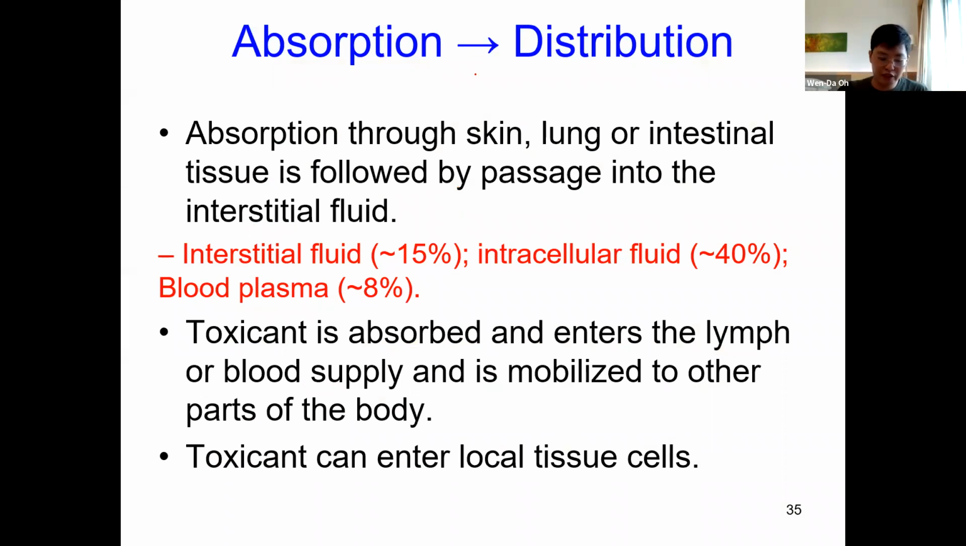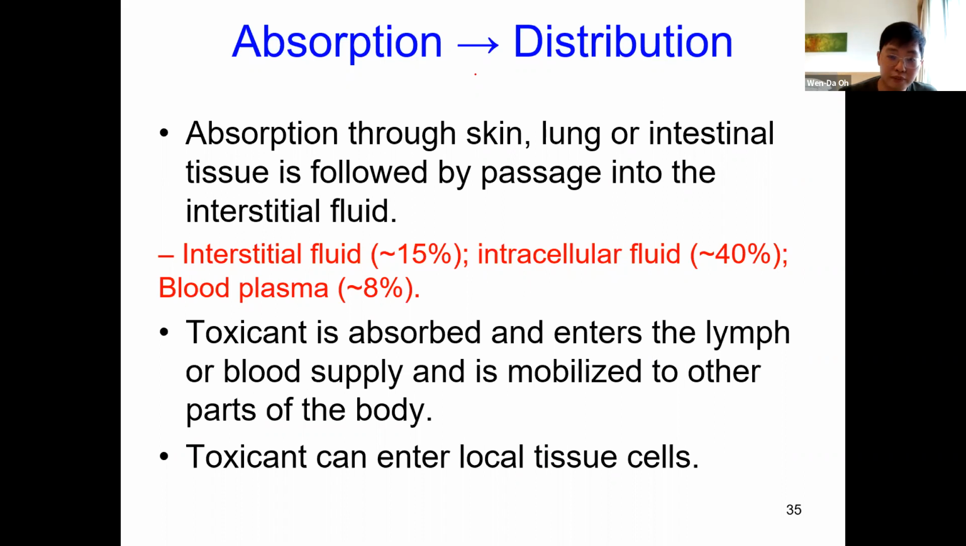So we have looked at the three different ways whereby absorption can happen. But things don't stop at absorption. Once it's absorbed into our body, the next thing will be to distribute it. The toxicant has to be distributed, and it has to reach our target organ. Absorption can happen through skin, lung, and intestinal tissue. After it is absorbed, the next thing is it will be transported somewhere through something called